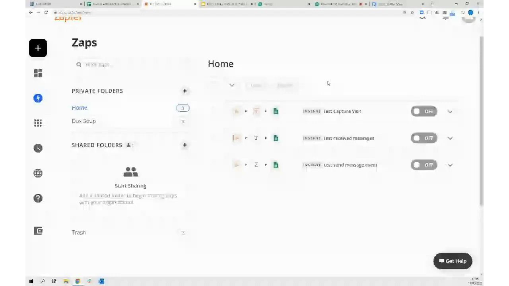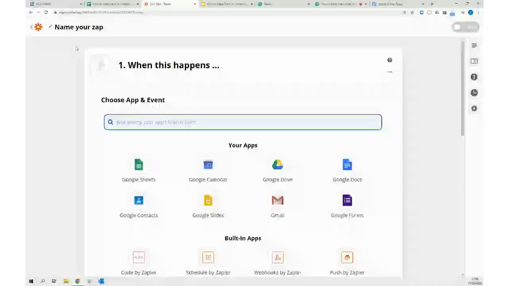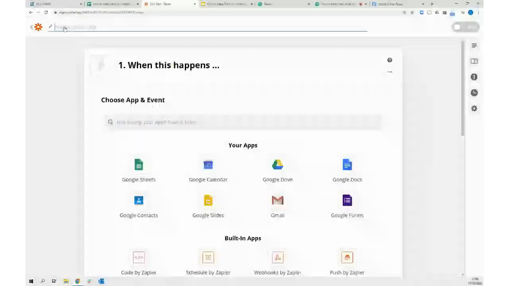And I've created some test ones already, just in case things don't work as we go live. So we have those as a fallback in case. But what we'll do now is we will now make a Zap. We'll do this from the beginning and walk through this step by step. So first of all, we want to capture the visit